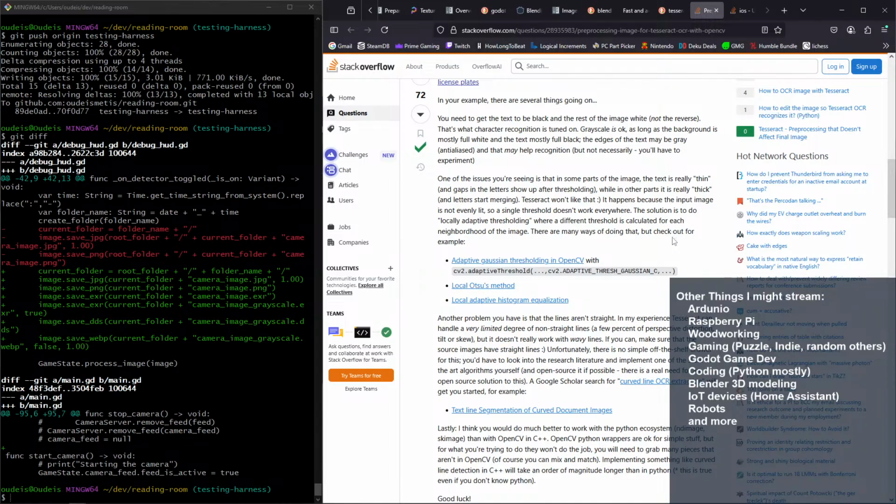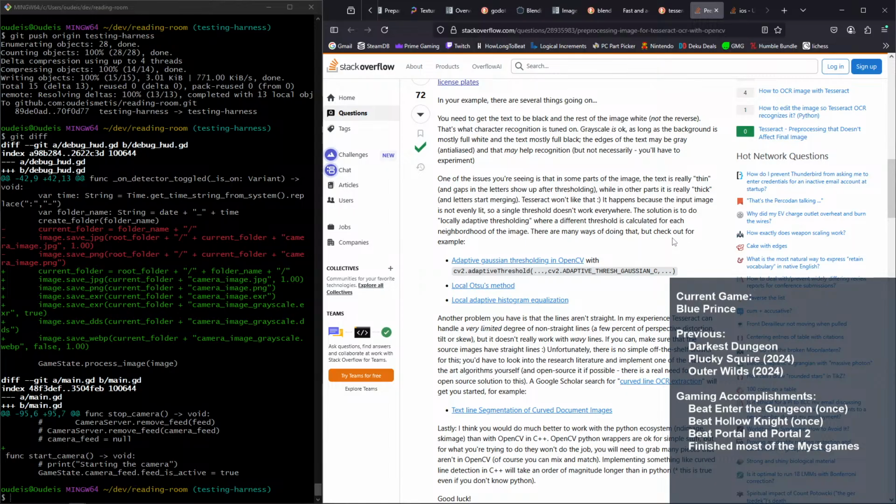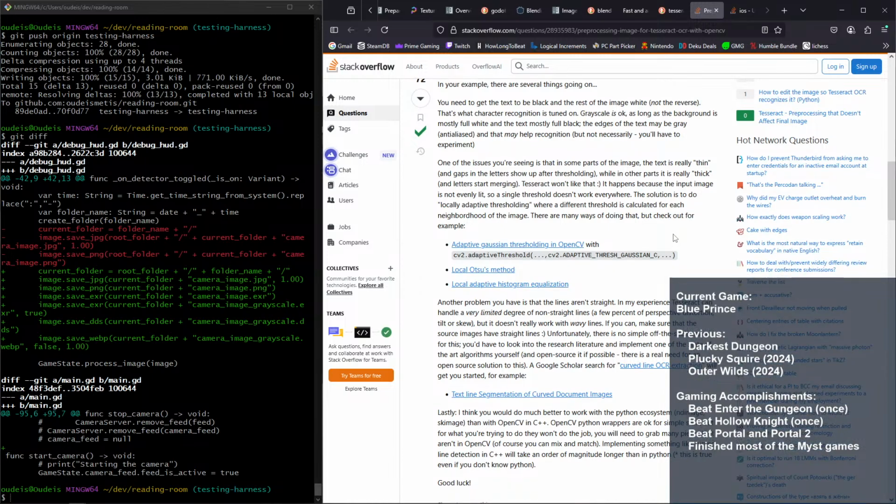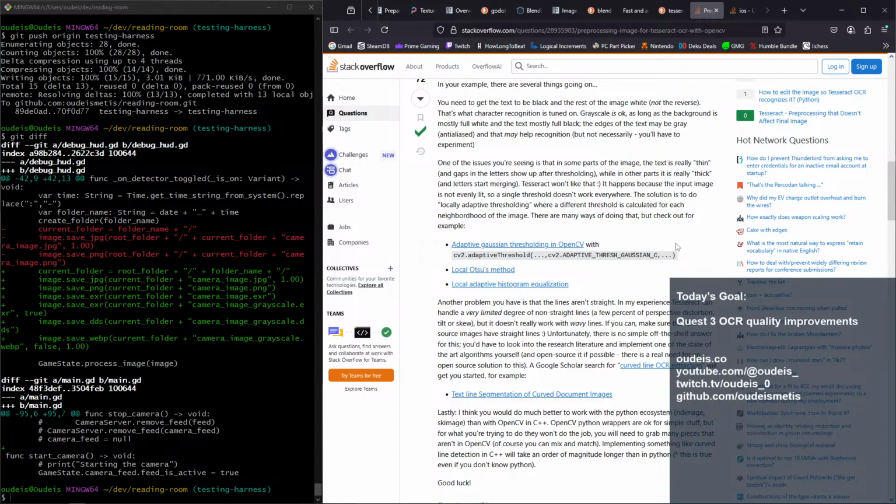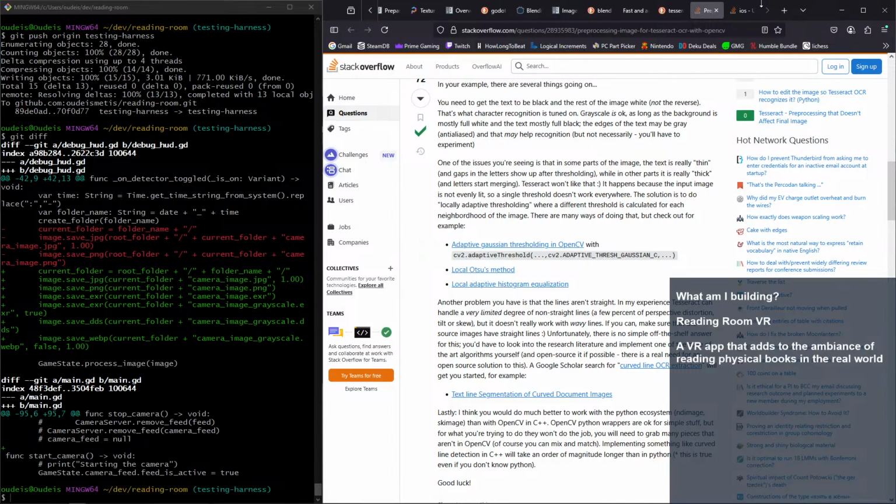One of the issues you're seeing is that some parts of the image's text is really thin and gaps in the letters show up after thresholding, while other parts are really thick. Tesseract won't like that. It happens because the input image is not evenly lit, so a single threshold doesn't work everywhere. The solution is to do local adaptive thresholding, where a different threshold is calculated for each neighborhood of the image. Okay, so it's effectively what I theorized a few minutes ago. Not surprised at all that that's what somebody did. There are many ways of doing that, but check out, for example,